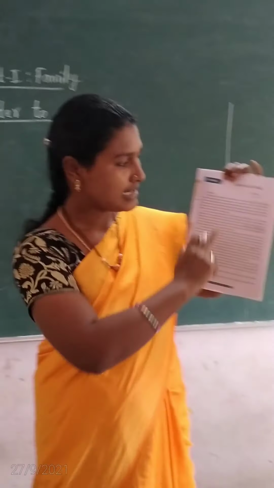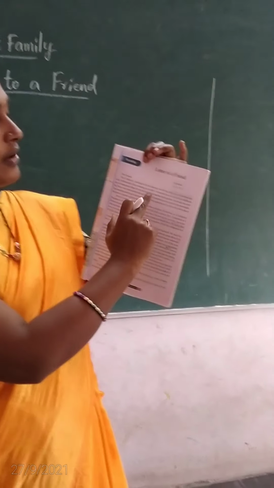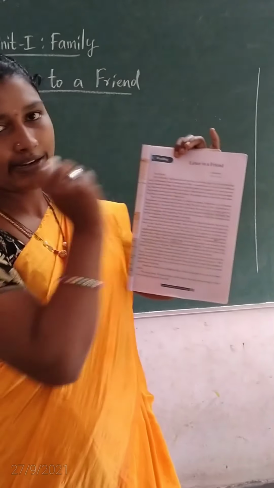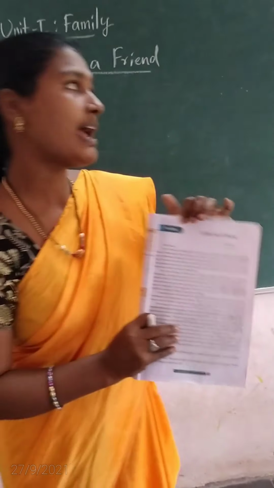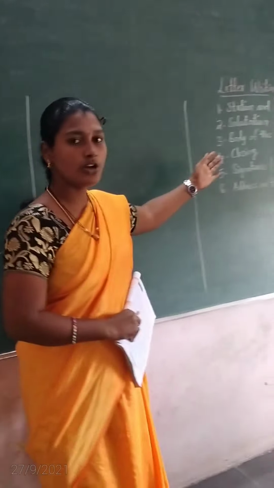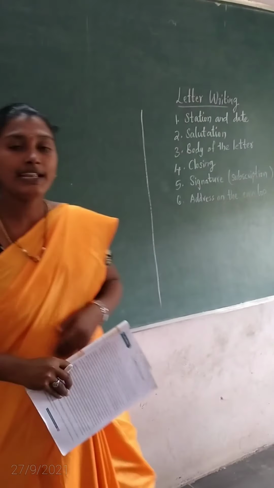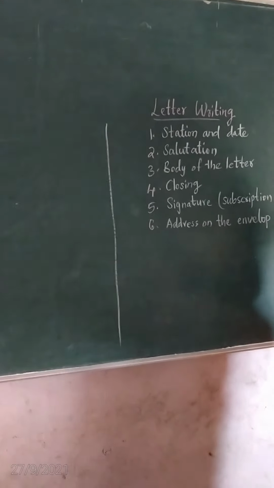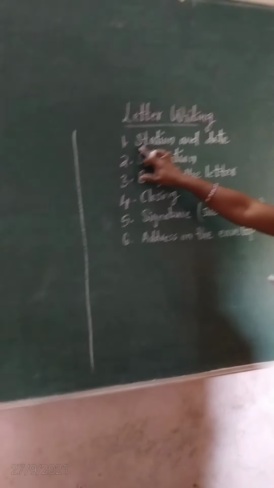See, this is letter to a friend. Now here we have some important things to notice, children. This is a letter, right? So in letter writing, we have to focus on the 6 main components of letter writing, children. Let us compose a letter with these 6 main components. Okay? What is the first thing?